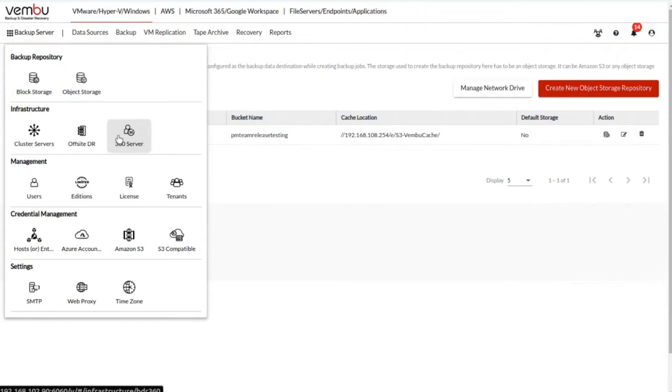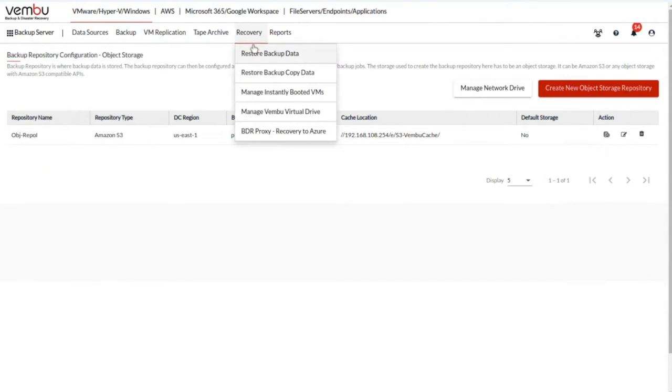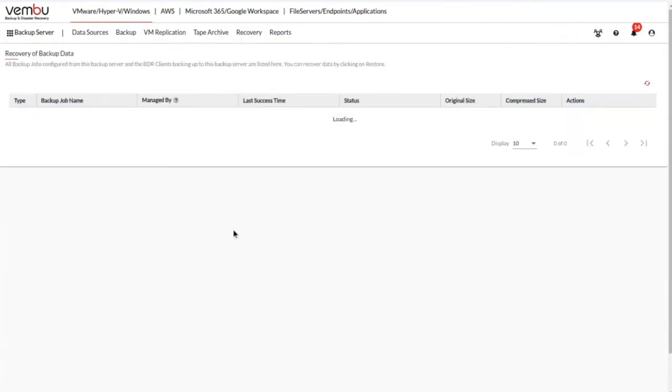And then under the management section, you have something called tenants now. Initially it was groups. Now it has been renamed as tenants, with an enhanced feature as well in it. And then at the credential management, you could see this Amazon S3, but I'll show you the exact Amazon S3 restore. So when you click on restore a backup data, first let me talk about the